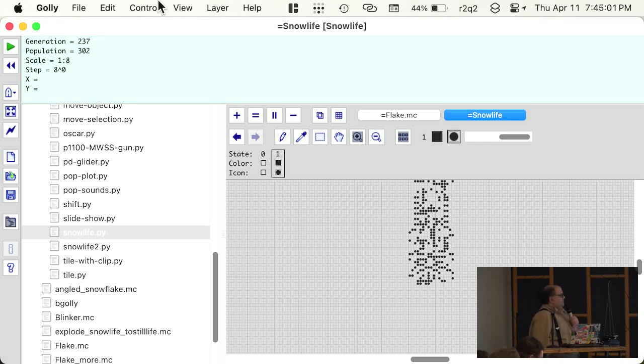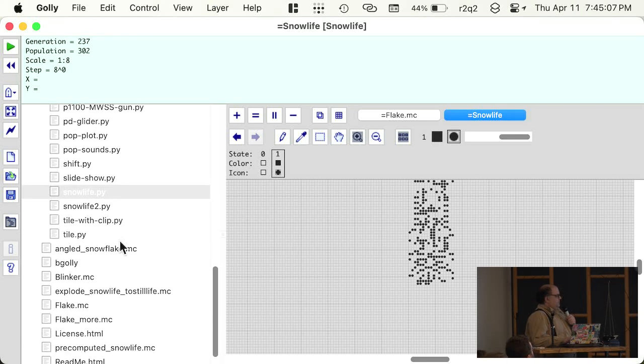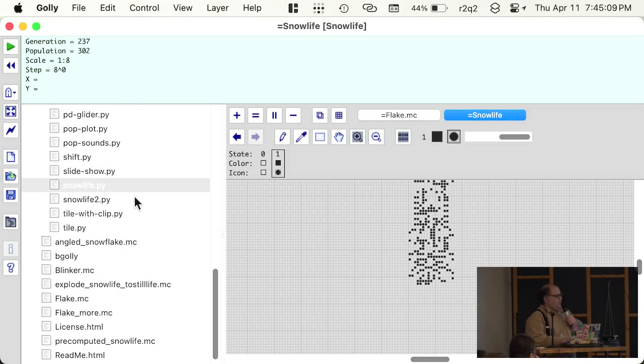I'm sure there's an implementation in this. I don't know if it's here. But I'm sure you can find an MC file or the rule. You might have to find a rule or the MC file to do that. But I'm pretty sure if you go on the Life Wiki, Game of Life Wiki, which I'll have here,